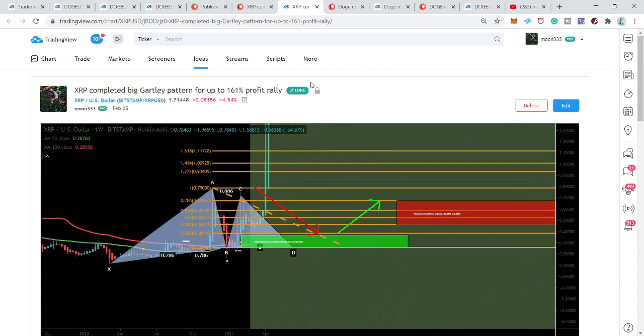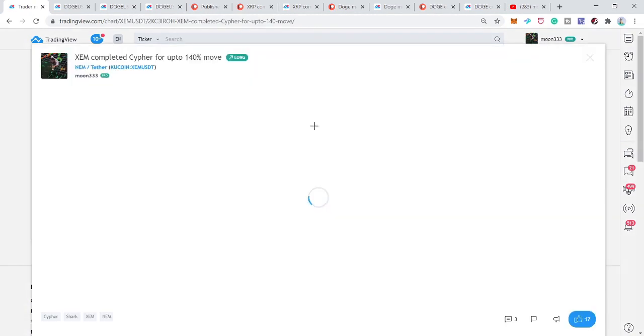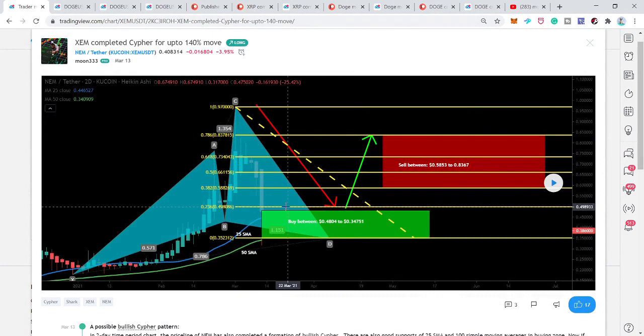And the same thing the XEM is going to do. This is the XEM chart that I shared with you on 13th of March, and I told you that the price action has completed this bullish cipher move. And after playing this chart, we can see